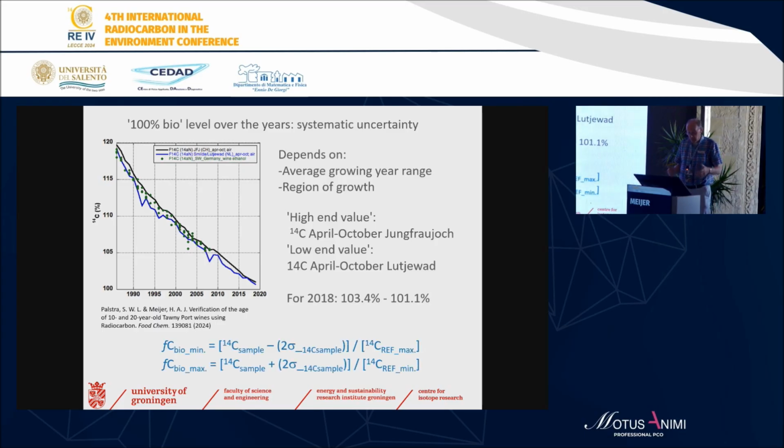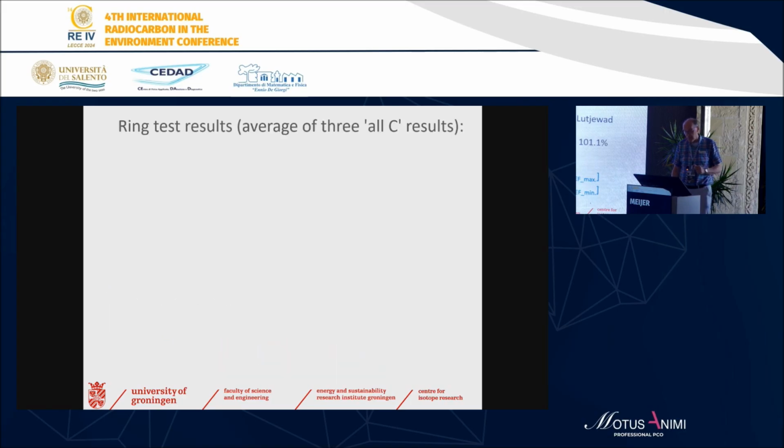And then we calculate the minimal fraction of bio-C as the measurement minus 2 times sigma divided by the maximum reference value, and the max is of course the opposite, so the highest possible 14C measurement divided by the minimal reference value. And that gives the range of this method for the bio percentage of such a gas. Now then